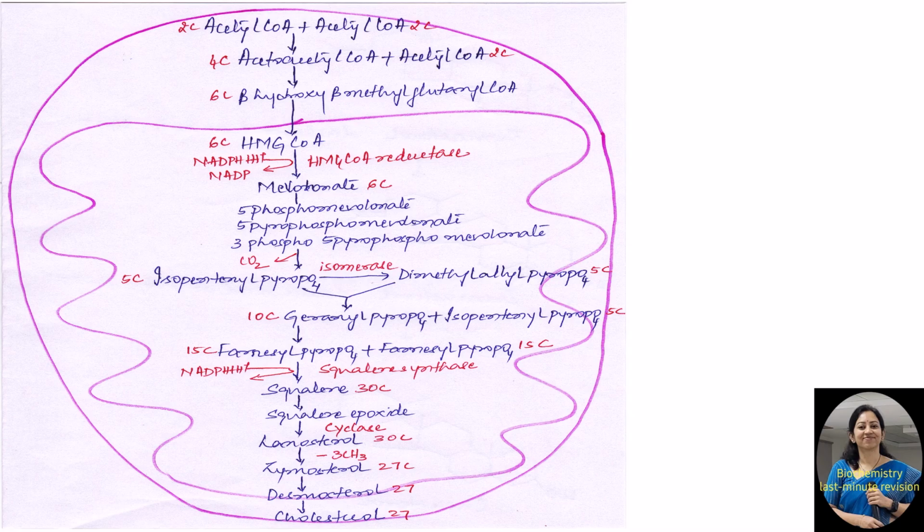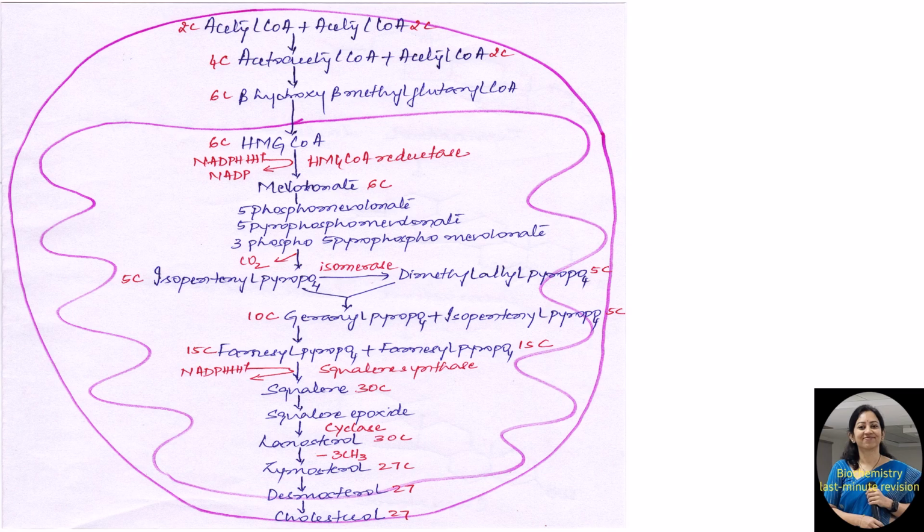Now this mevalonate undergoes a series of phosphorylation reactions to form 5-phosphomevalonate, 5-pyrophosphomevalonate, and 3-phospho-5-pyrophosphomevalonate. This undergoes decarboxylation to form a 5-carbon compound, that is isopentenyl pyrophosphate. This undergoes isomerization to form dimethylallyl pyrophosphate, which is also a 5-carbon compound. Now these two condense with each other to form a 10-carbon compound, that is geranyl pyrophosphate. Now this in turn condenses with one more 5-carbon compound, that is isopentenyl pyrophosphate, to form a 15-carbon compound, that is